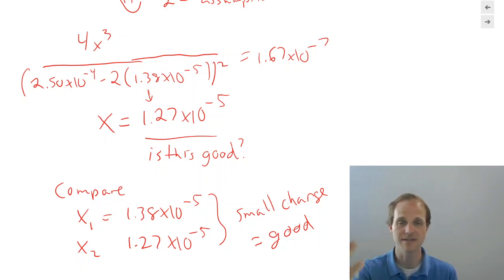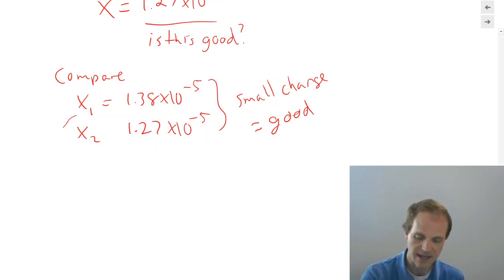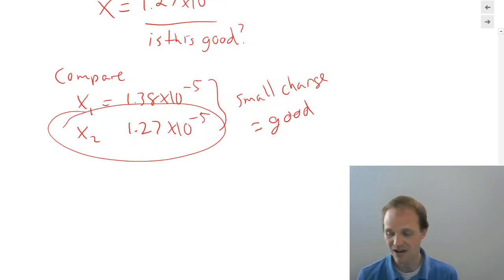So we assume x is 0. We find out that that's not good. We assume x was our new x. And then that's always going to be good in this class. So that's a hint for you. Okay? But that's how we check. If you got a huge change, you'd be like, that's no good. But since we got a small change, that's good. And we're going to say x2 is our x value.